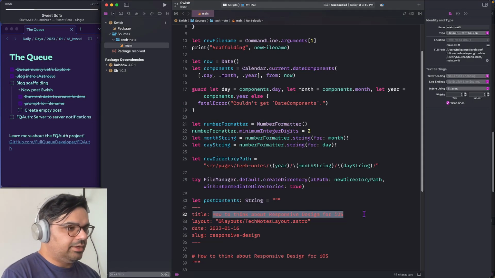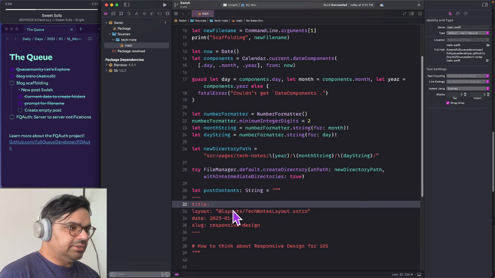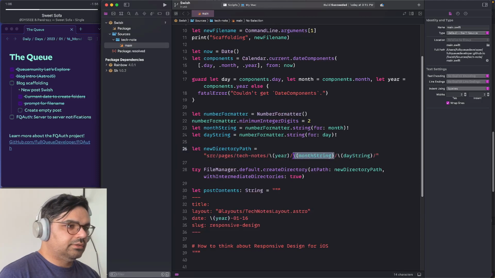So it'll have an empty title. It's going to use the same layout. Going to have the year, the month string, and the day string. And then it's going to have the